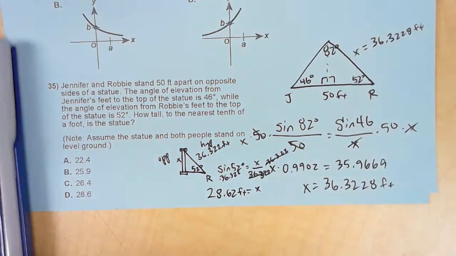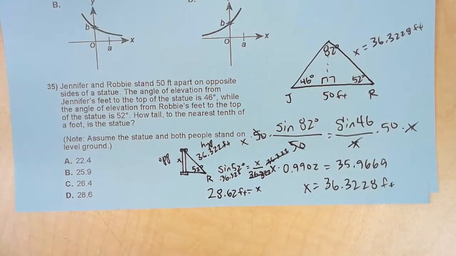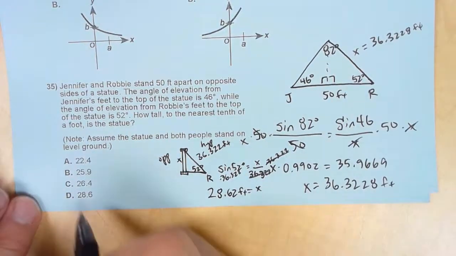feet, which is a weird height for a statue. Maybe it's measured in something else and they're just measuring it in imperial units for some reason. So that looks like we have our answer, 28.62,